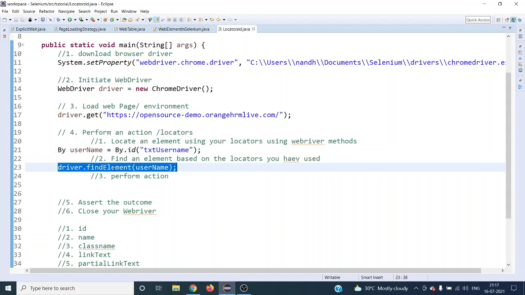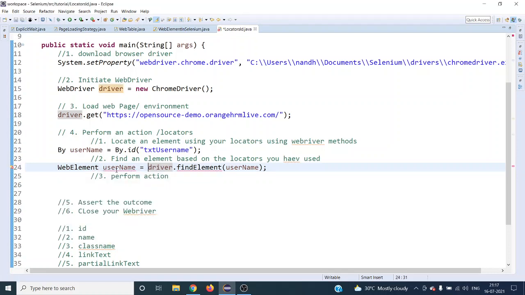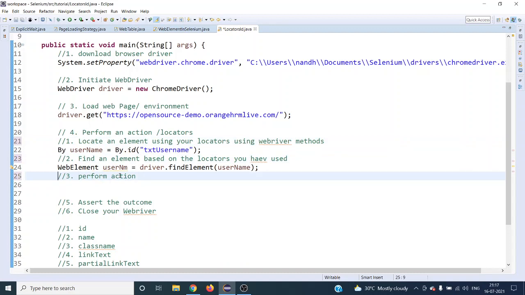This findElement returns a WebElement instance, so we have to assign this into a WebElement instance. Now, whatever action we perform, let's import this. Sorry, it has a duplicate one, just take it like this. For easy understanding, I'm just aligning, right?